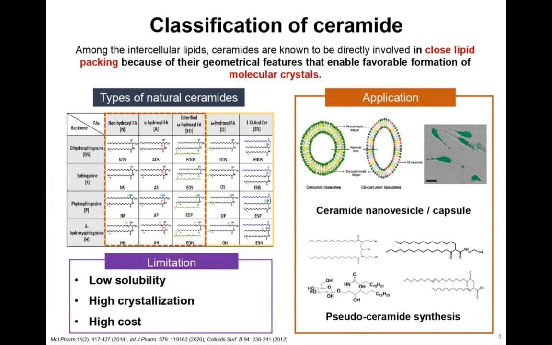Nevertheless, fundamental studies on how they affect the formation of lateral packing between intercellular lipids have not been reported, because ceramides especially have more effect on the lateral packing than other stratum corneal lipids. To figure out the effect of packing behavior for lateral structure of unknown types of ceramides is essential to understand